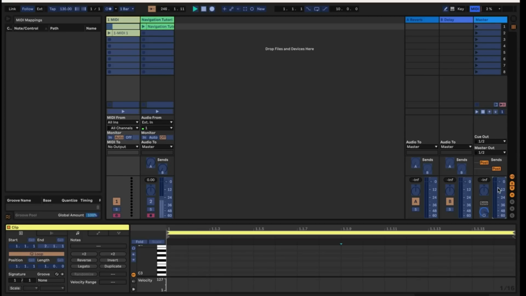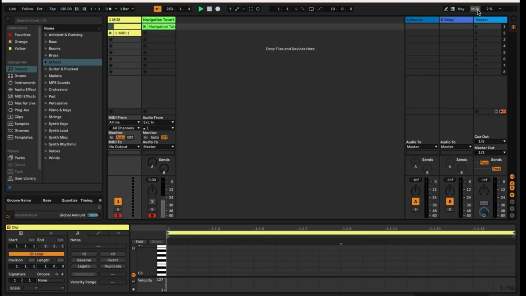and go back to my MIDI device and tweak the fader that I want this particular parameter to be assigned to. As you can see here, this fader is now assigned to a fader on my MIDI device. Now I can control this parameter from my MIDI controller. As you can see here,